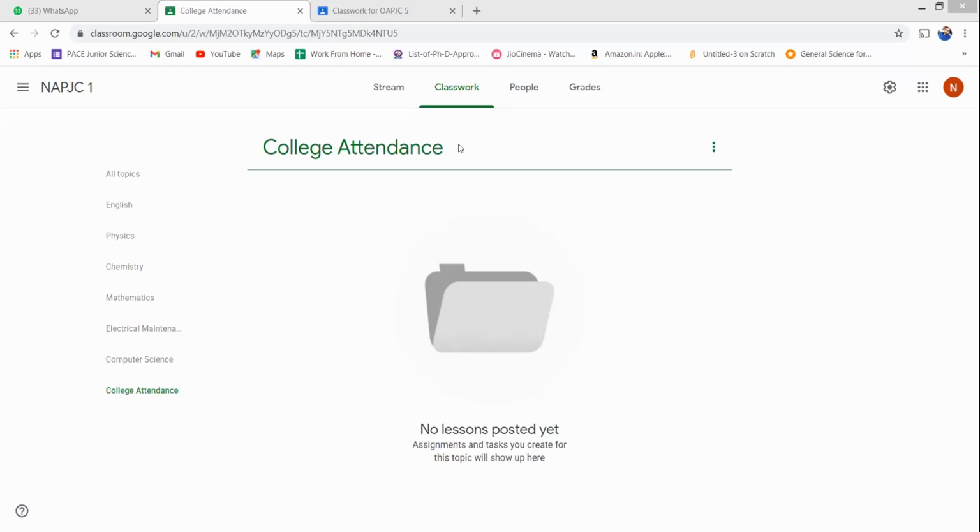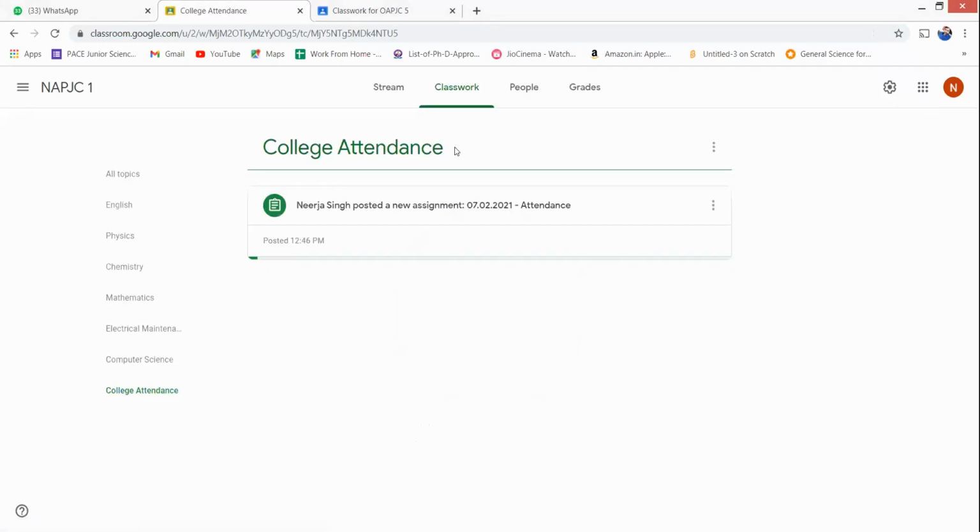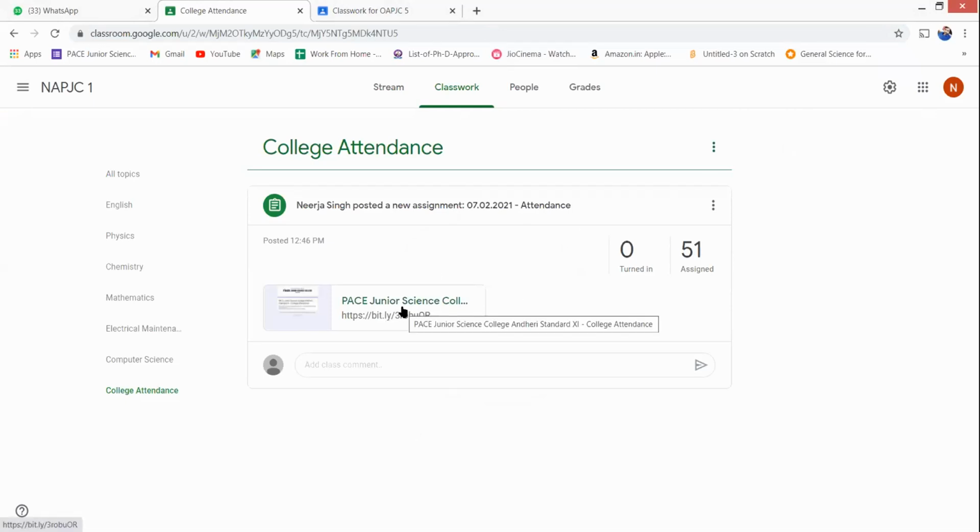But suppose your connection gets disconnected or something happens and you do not click on that submit button. Then whatever answers you had saved, written or clicked will not be visible anymore. It will be discarded. In that case, you have to go to the same link again. That means go to Google Classroom, then go to the assignment, click on the Google form, which is in the form of a link, and the paper appears again.